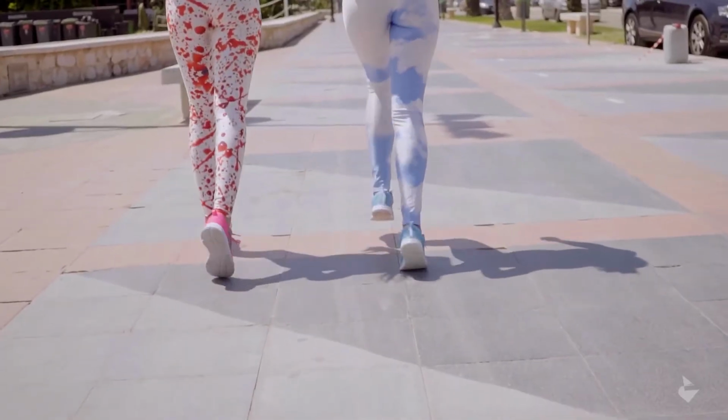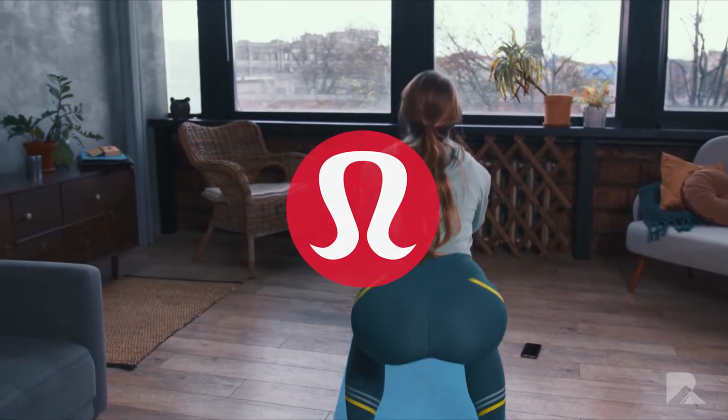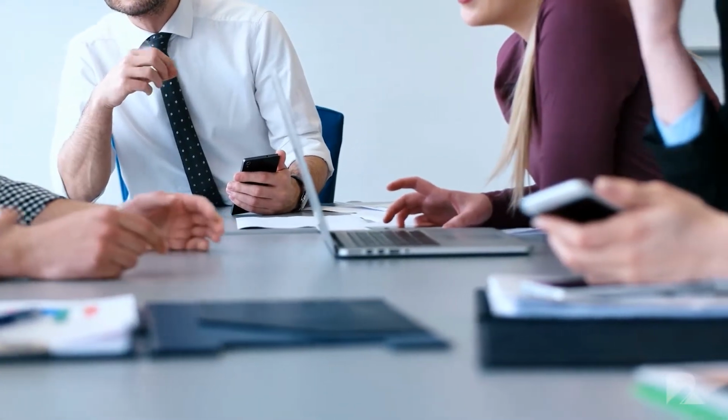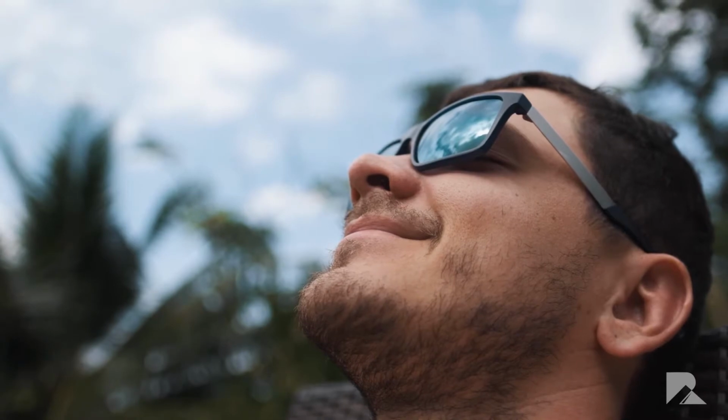If you're even remotely familiar with the brand Lululemon, you probably know two things about their leggings. They're very popular, and they're very expensive. As a small team who started an apparel brand, we've spent a lot of time studying other successful companies. And while we promise our running sunglasses will never cost more than Lululemon's leggings, we were curious to find out